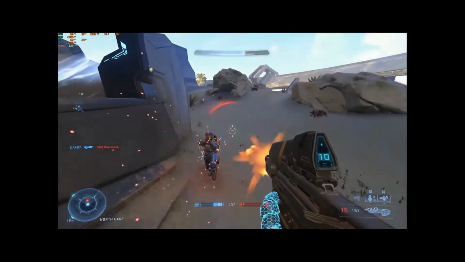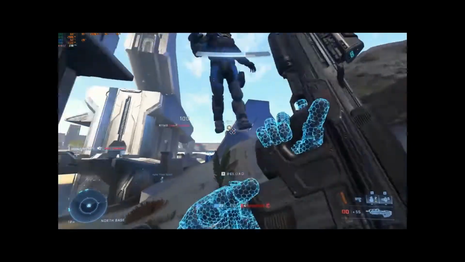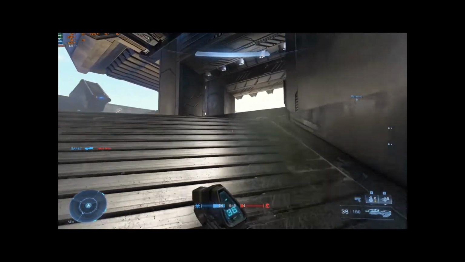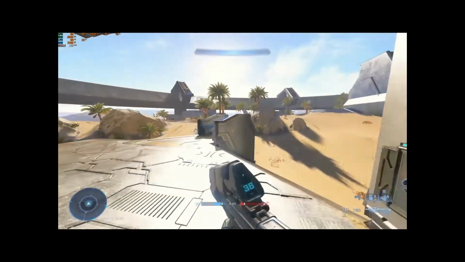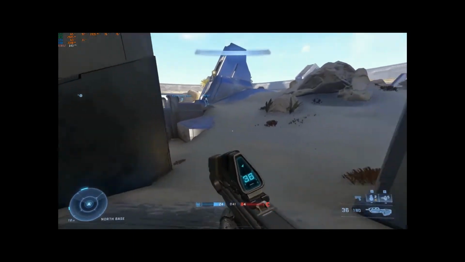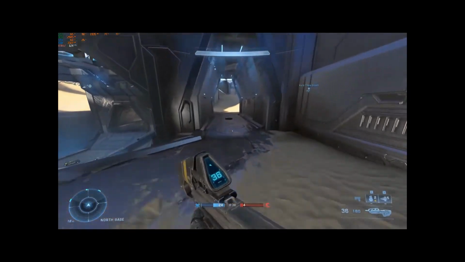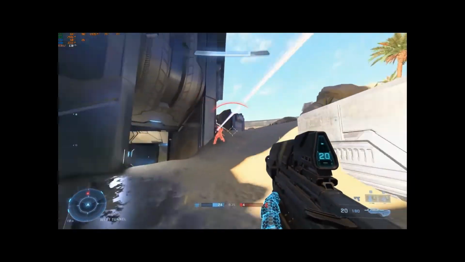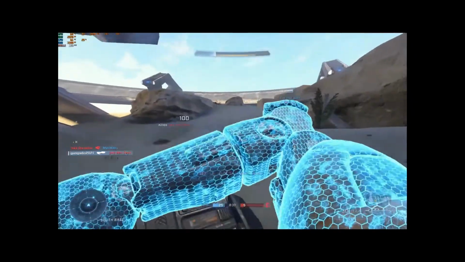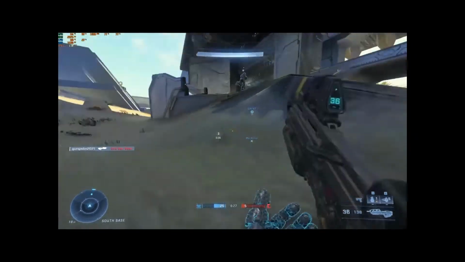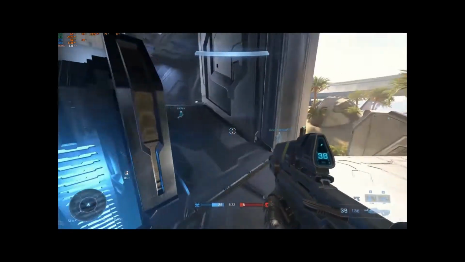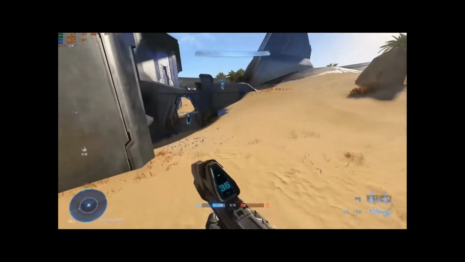Power weapons on the field. Halfway to victory. Repulsor's mine.